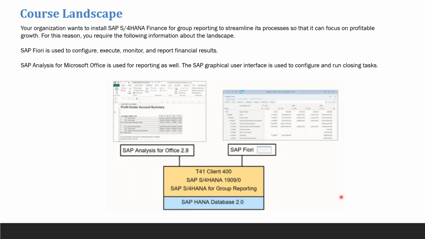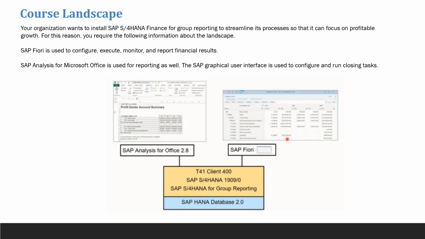If you look at this landscape, the group reporting is on the HANA database itself, so it resides on the same system. You can change it from 1909 to 2021 now on premise, and for the reporting side and the configuration side, for reporting we can use SAP Analysis for Office 2.8, or we can use the SAP Fiori as well.